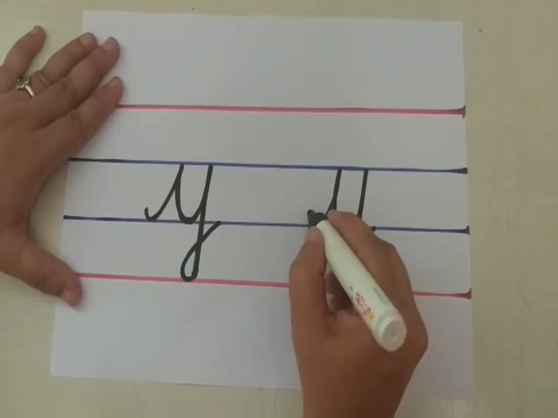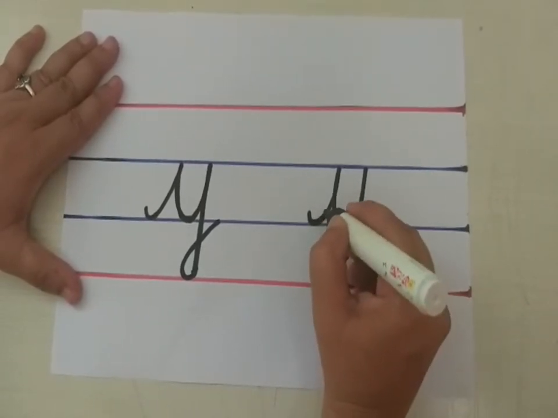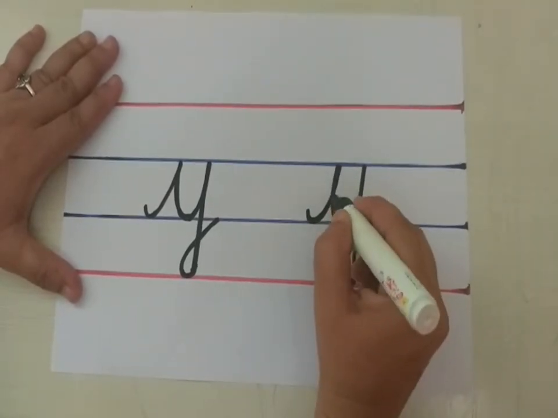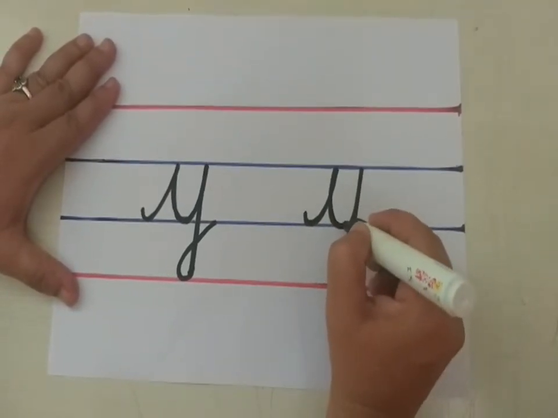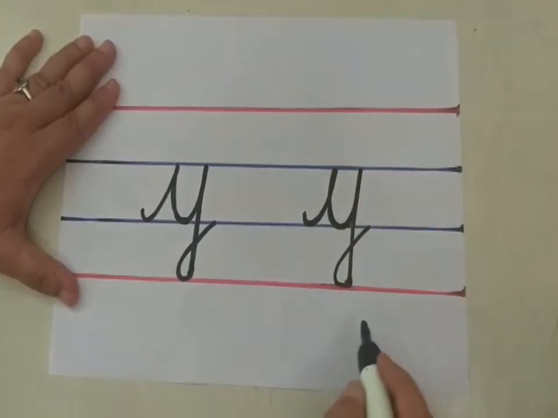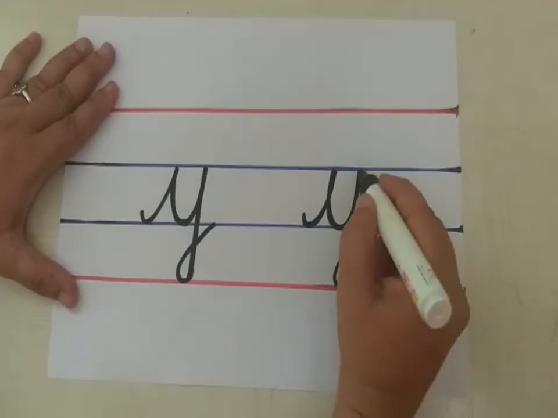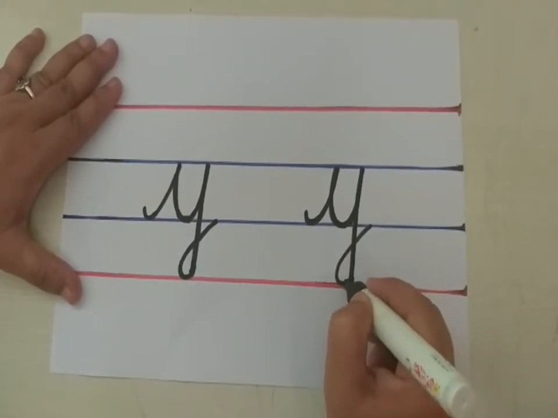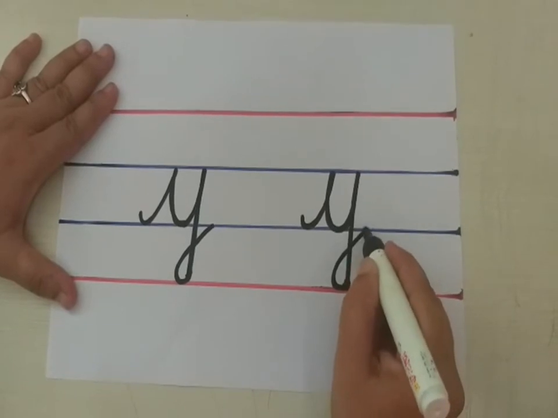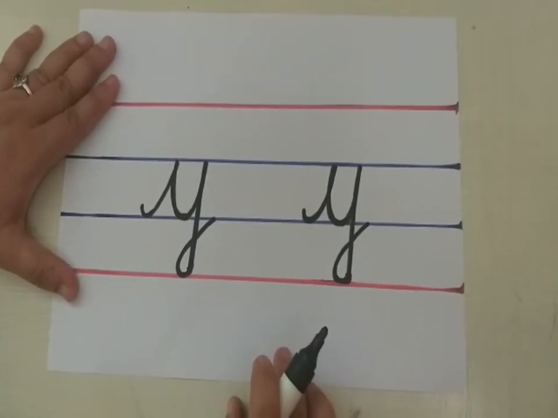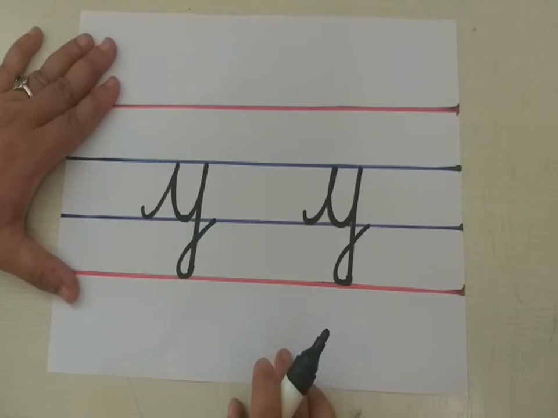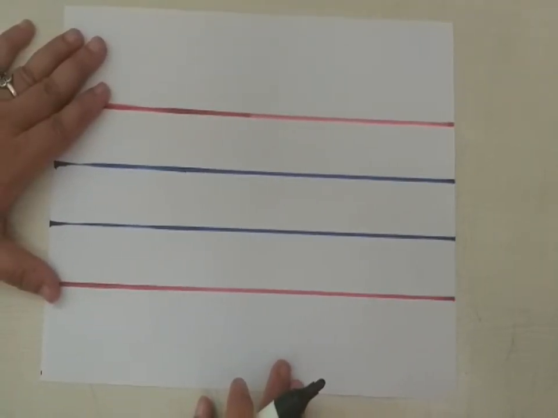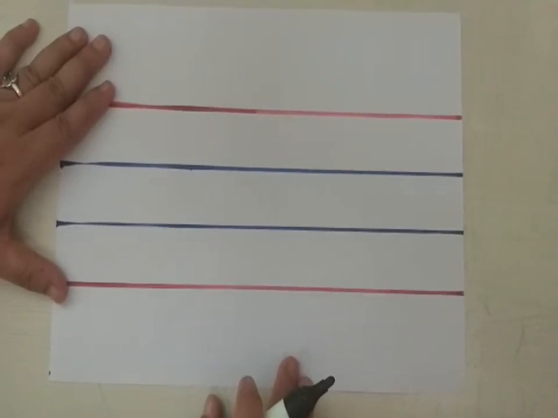Take a small curve. Go up to the second blue line, slanting line. Come down to the third blue line. Again go up to the second blue line. Like you have to write, children. Again come down to the fourth red line. Take a turn like that and go and join this third blue line. Small cursive Y. Y after which letter comes, children? Y after Z. Shall we write?